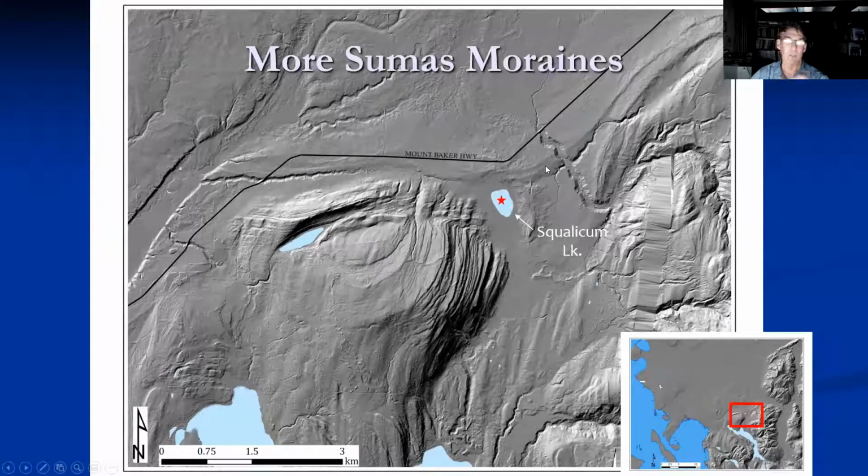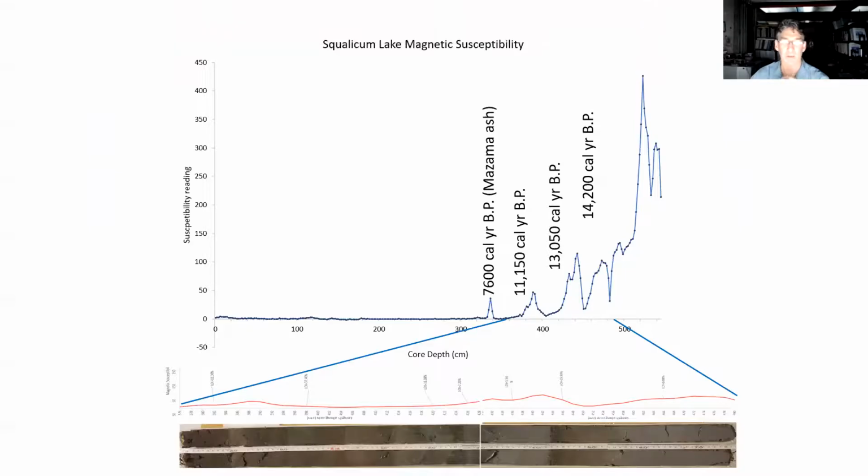And so I went out there with a number of students a number of years ago and recovered a sediment core, about an 8-meter sediment core. And this is just a section of it. What we're seeing here is called a magnetic susceptibility record for that whole core, going from 0 down to about 600, around 6 meters depth or so. And mostly it just records monotonous Holocene lake mud. It's really organic rich mud with not much going on in the whole Holocene.